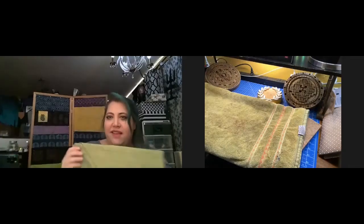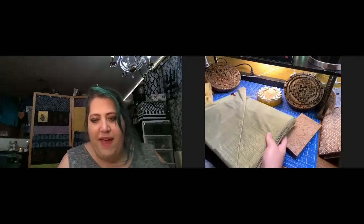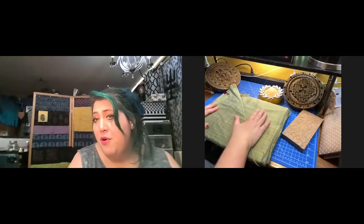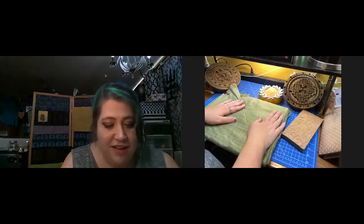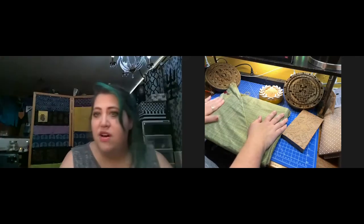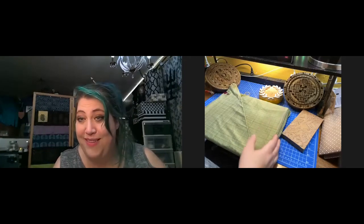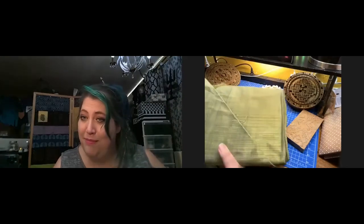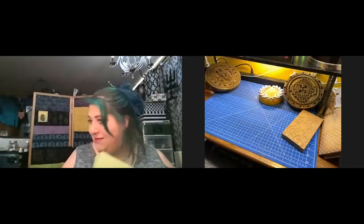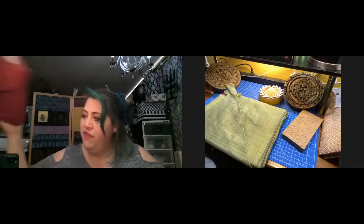Back to the right place at the right time: picking up fabric when you find it, whether or not you have a project for it. If you can store it, you can find amazing deals. Like, I think this was 12 yards of silk for $5. How do you pass up a price like that when your husband's heraldry is green and you have children and an addiction to fabric? So here's just a few samples,